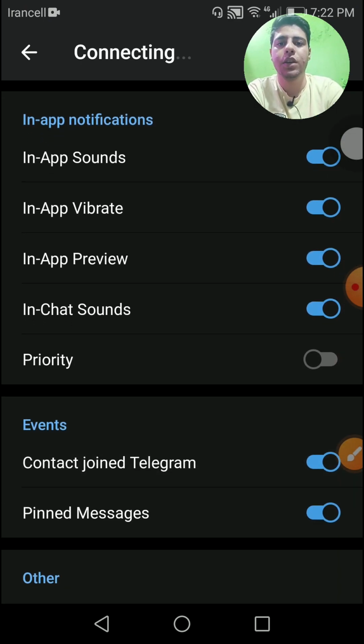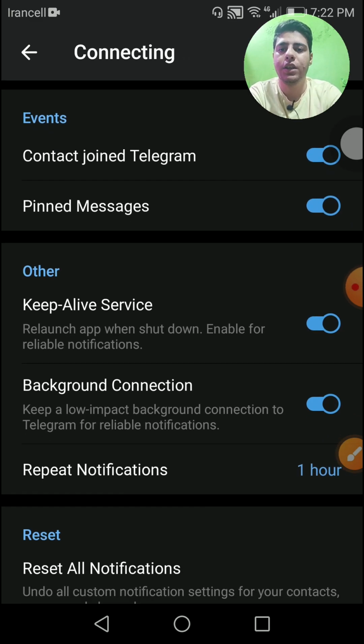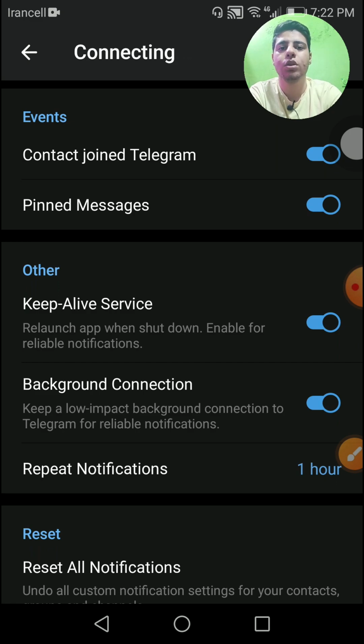In-app notifications, for example, you are on another app, you will see the Telegram notifications, you can hear them, your phone is going to vibrate and these kinds of things. Events, contact joined Telegram, it will tell you. Pinned messages, it will tell you that, for example, you are in a group and the admin of that group pinned a message, so you will find out that the message is pinned,